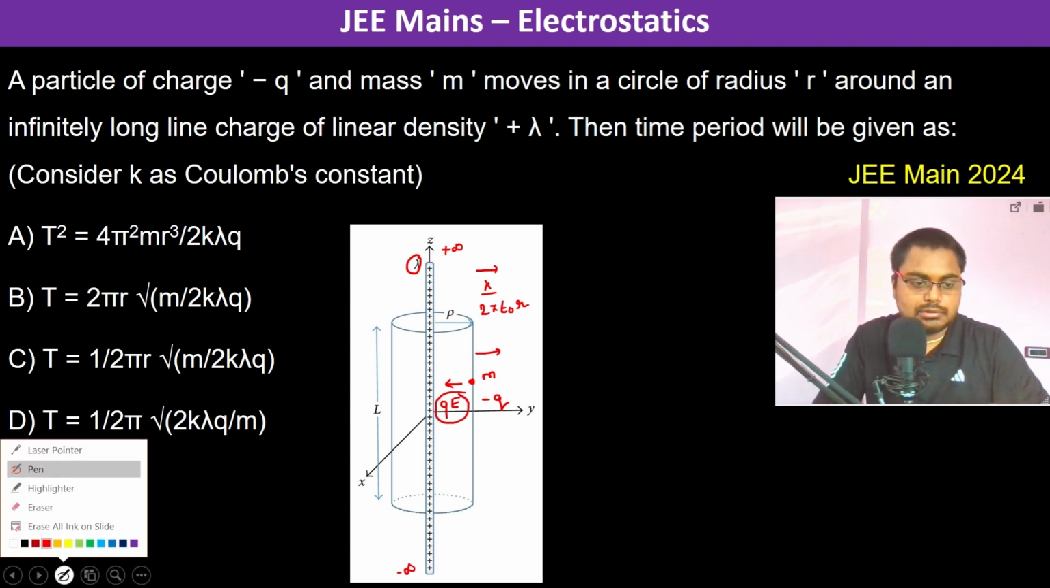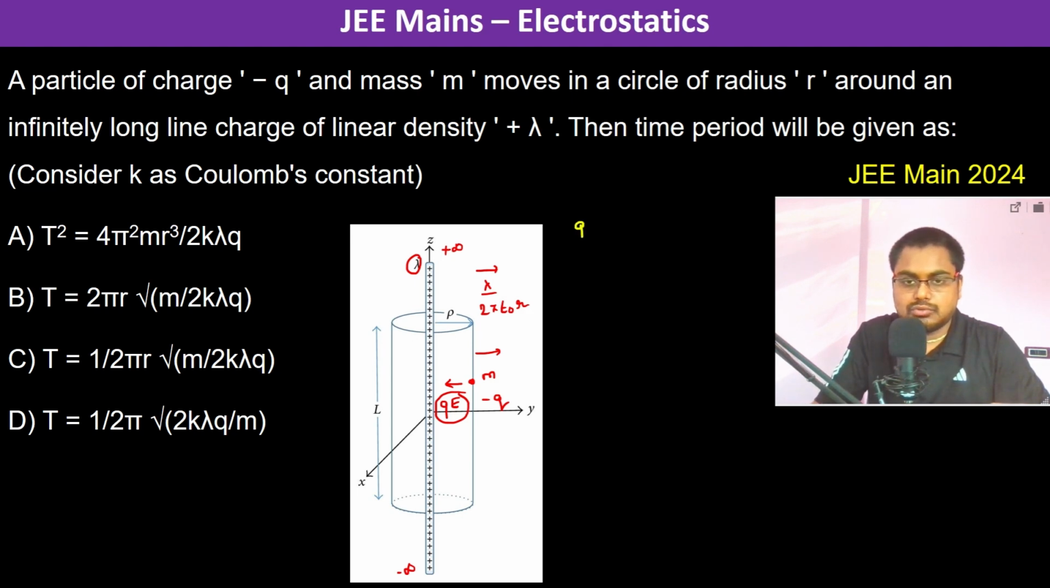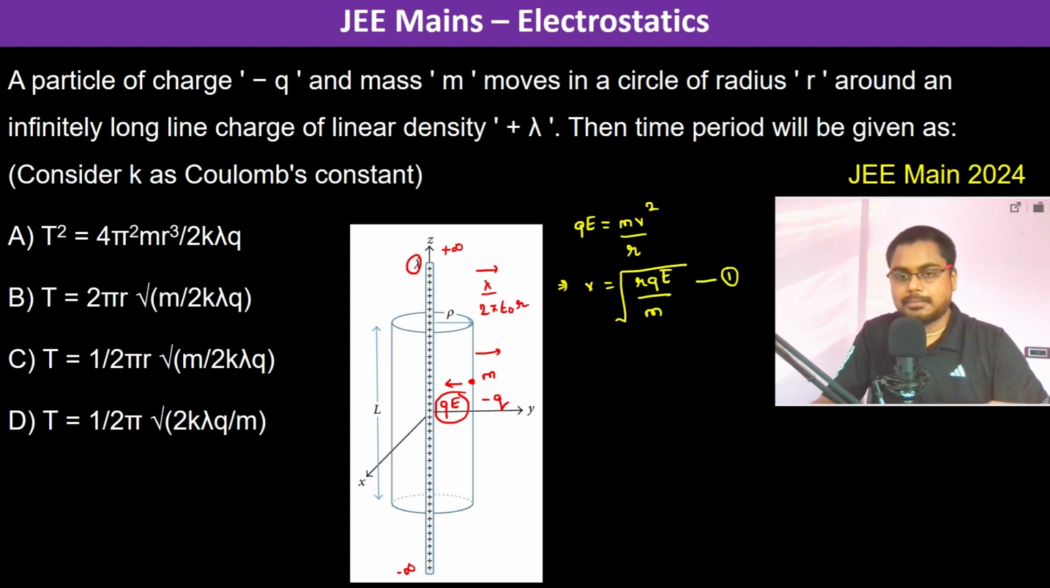So therefore we have qE equal to mv² divided by r. So therefore v becomes the root of rqE divided by m. So this is the first thing. Now